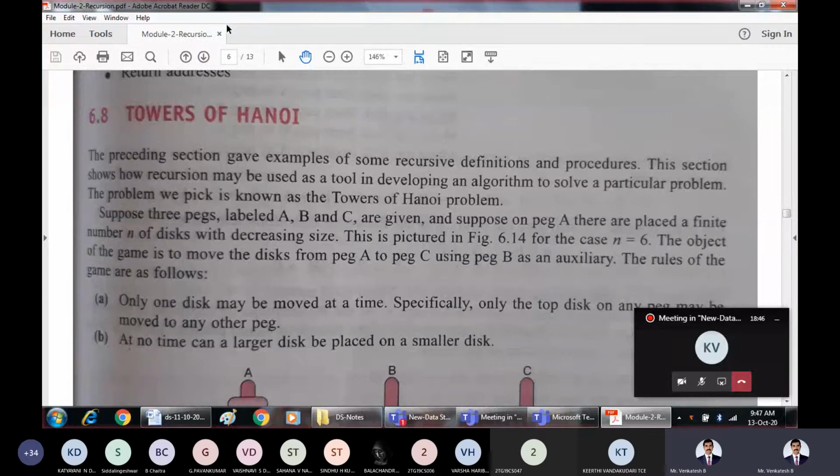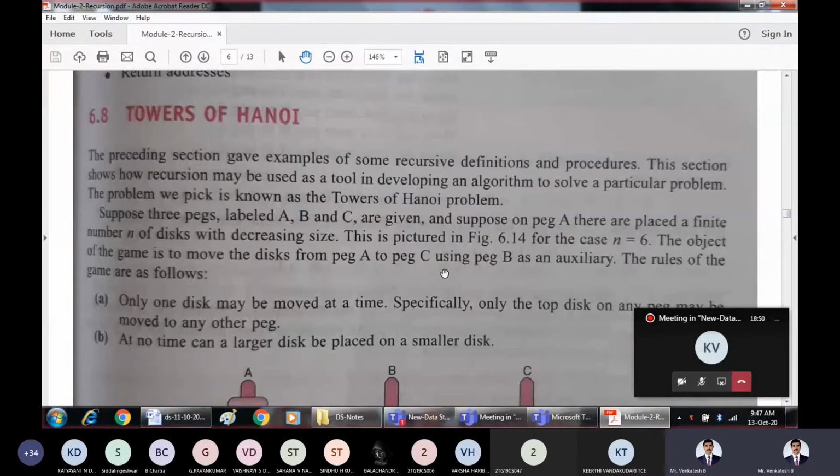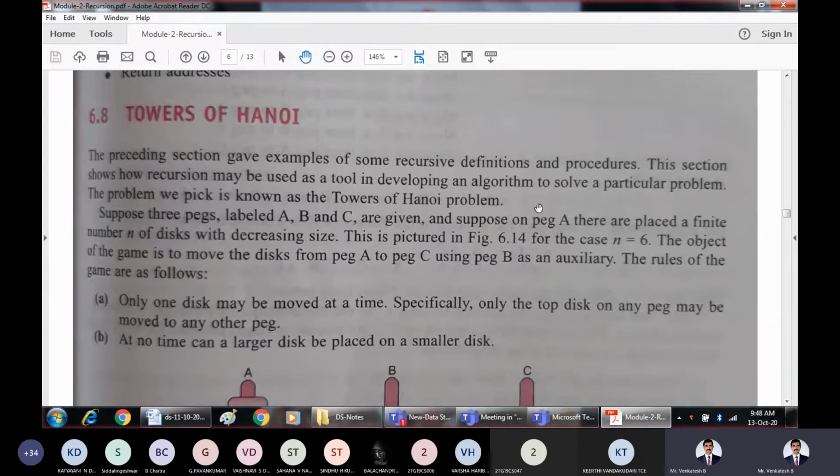It is a sequence of numbers in which the first two numbers are fixed, 0 and 1. The next example was the Ackermann function, which has a predefined meaning of its own. Now the next type of recursive function here is towers of Hanoi. Tower of Hanoi is another type of recursive procedure in which we are going to call the same function again and again. So that is what tower of Hanoi is.